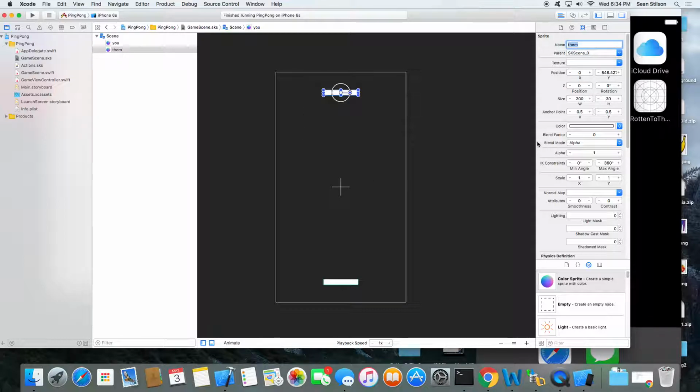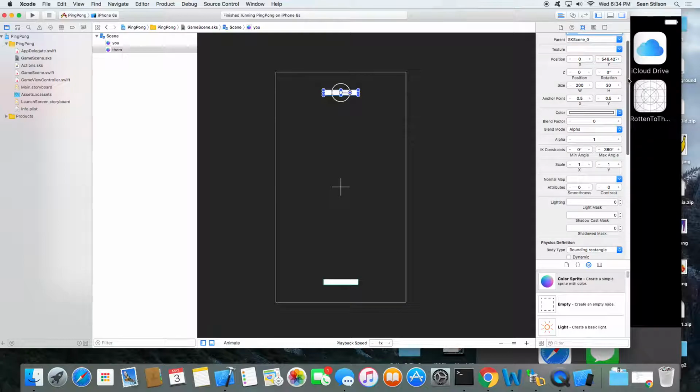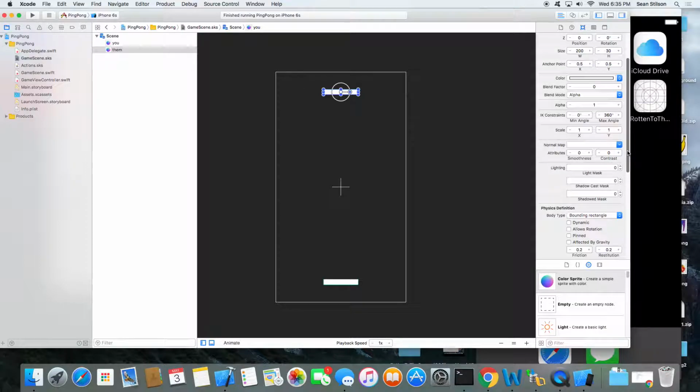The parent, by the way, just refers to the scene, SKScene 0. So you can have more than one scene, just like you can have more than one zip file. With the Y, we'll make that positive 550. X is 0, rotation 0, height, okay, all that's good.